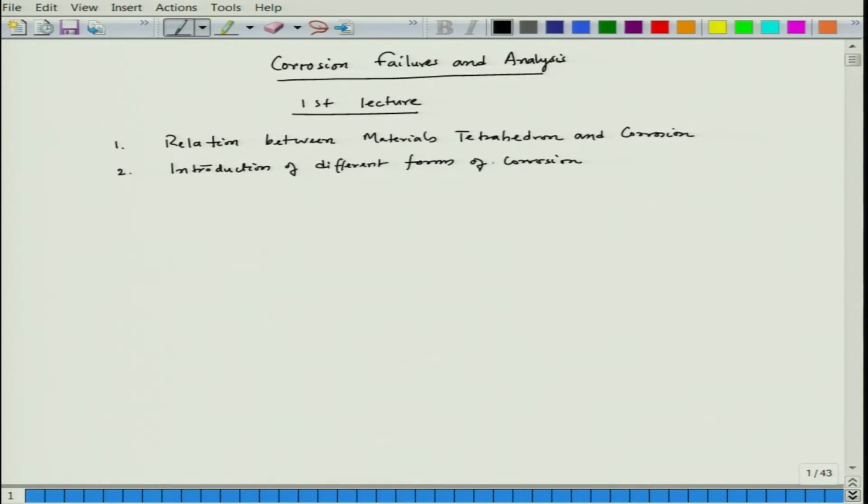Now, if we talk about the first point, which is the relation between materials tetrahedron and corrosion, let me first draw the materials tetrahedron. So, whoever tries to learn materials, that person needs to go through this tetrahedron, where the four segments are basically nothing but composition and microstructures,